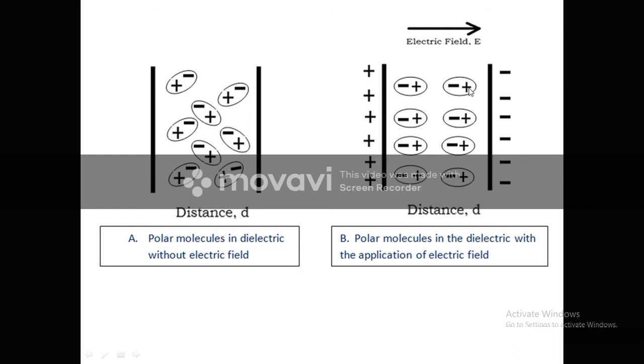So we can see that an internal electric field has been caused by these dipoles, because this is the electric direction of the external field, but now we have also some sort of internal field as well, which is pointing against the external field. So this is the internal field, and this is actually the external field direction. So these two are in the opposite direction. So the net electric field will be reduced because of the influence of the internal electric field.